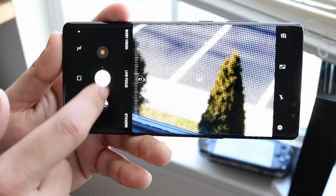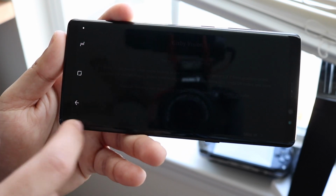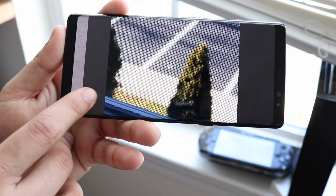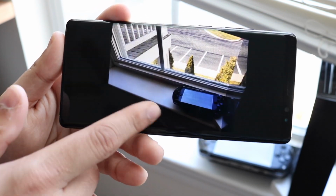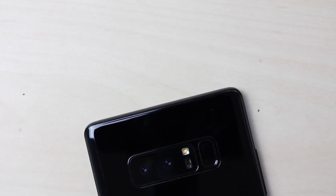It gets the job done. Audio quality is a little weird here and there, but you have that dual camera setup, which is really all I look for in a used phone when I'm recommending it to people. So that's really the main thing I want to hit on in the camera. It's still really good. Quality is great. You have a lot of those features built in. So in terms of the camera, I will say it's a thumbs up in my book for the year and